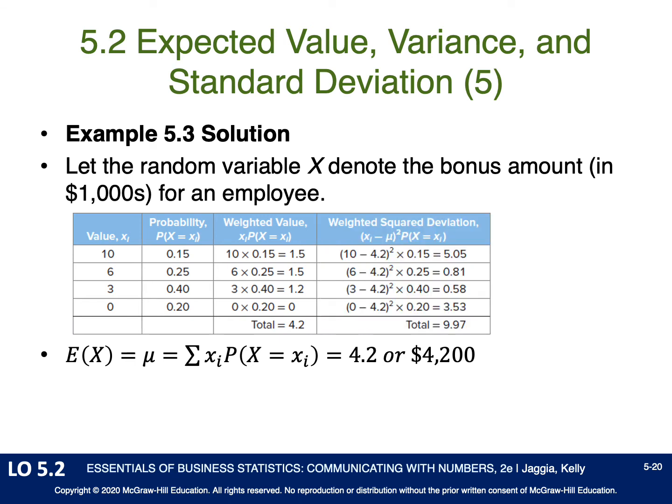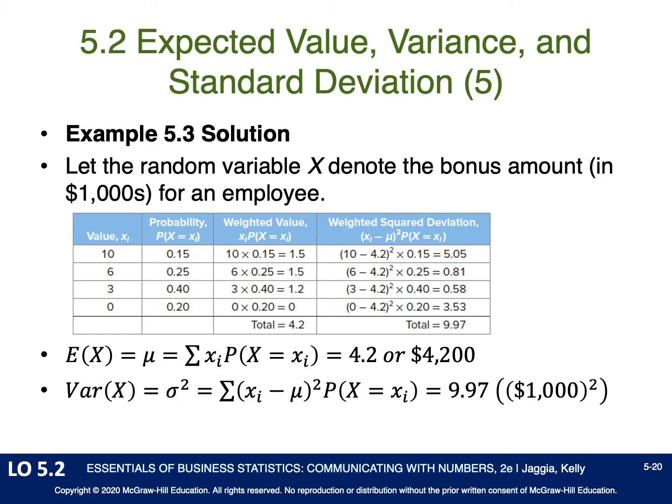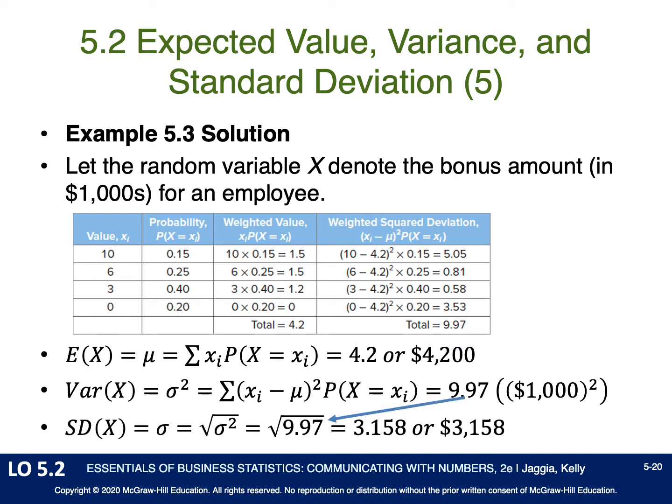So we can go ahead and calculate the standard deviation by taking the value of the bonus, the 10, for example, minus the mean of 4.2, and squaring it, then multiplying it by the probability. So we're going to do that for each one. So we'll take the 6 minus the 4.2, square it, multiply it by the probability, and so forth, all the way down, so that we get a standard deviation of 9.97. And then we can calculate the variance by taking the square root of that. So the square root of 9.97 is 3.158, or